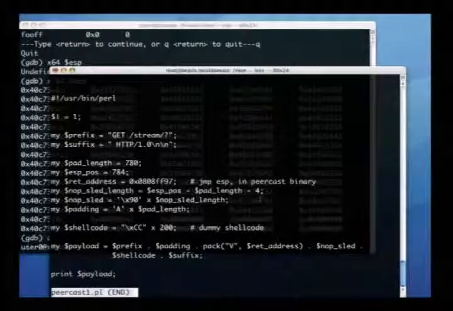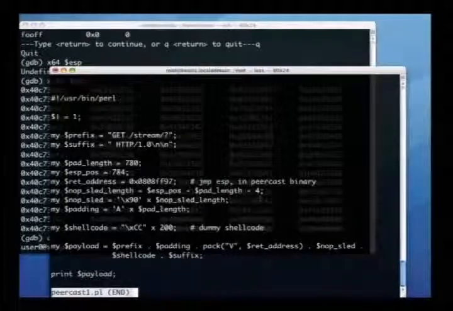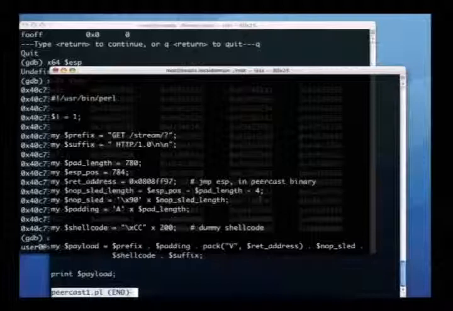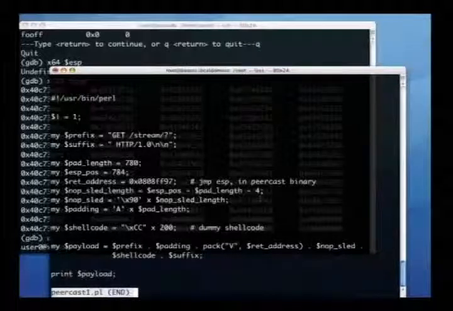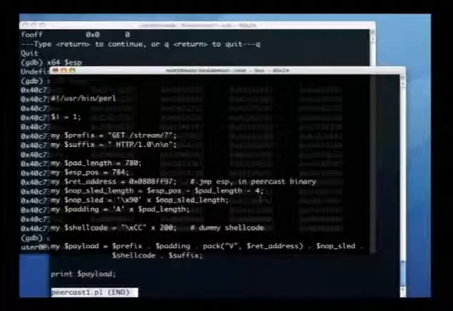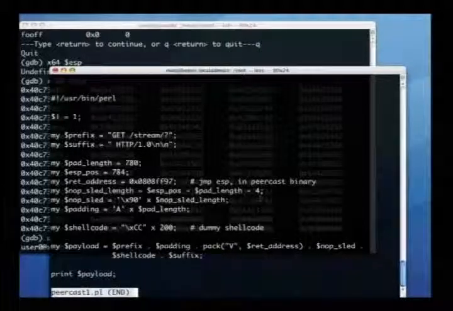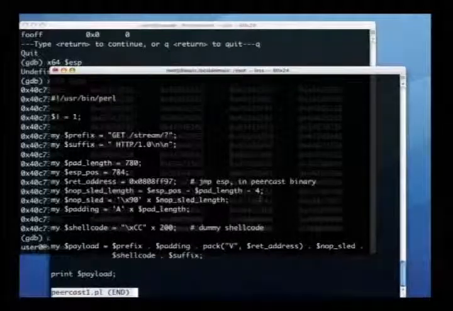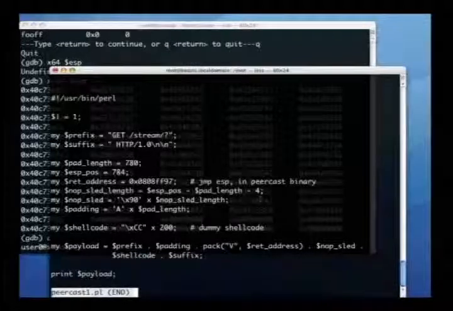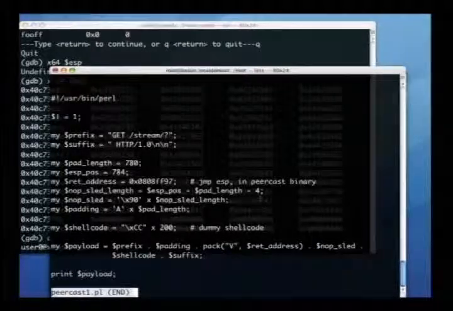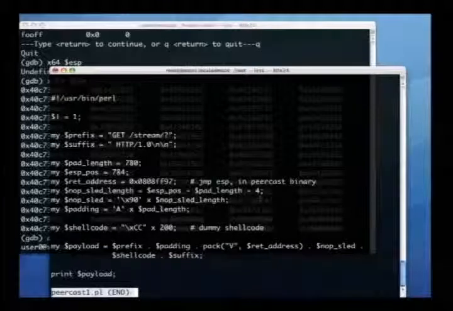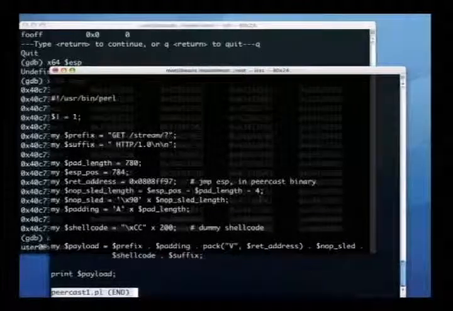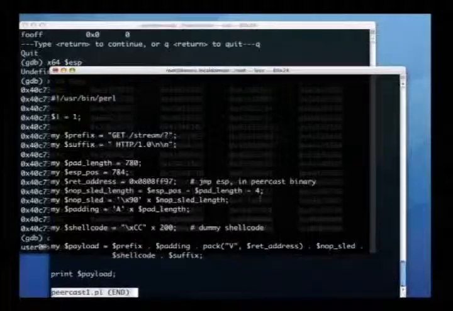So hopefully, once this is thrown against peercast, we will be getting a trap to debugger with EIP pointing to the beginning of our shellcode. Now the last piece of the puzzle is, how did we get this return address as 0808FF97? Well, what we did is we searched the peercast binaries for occurrences of this opcode,